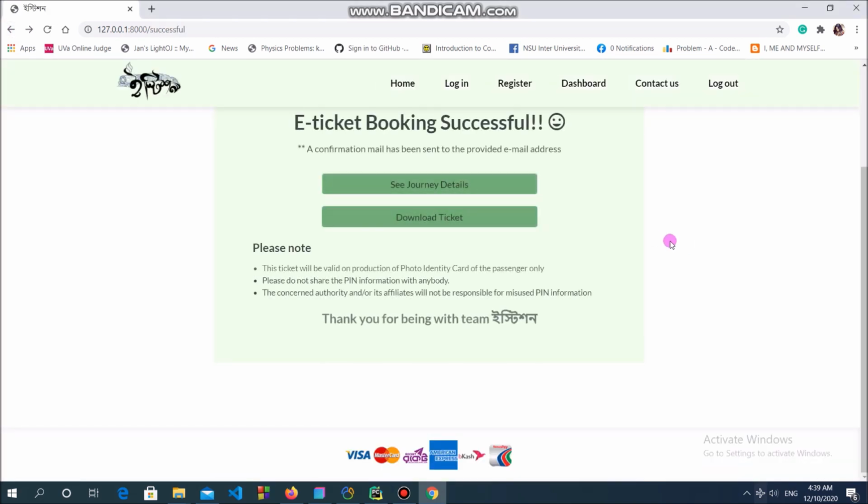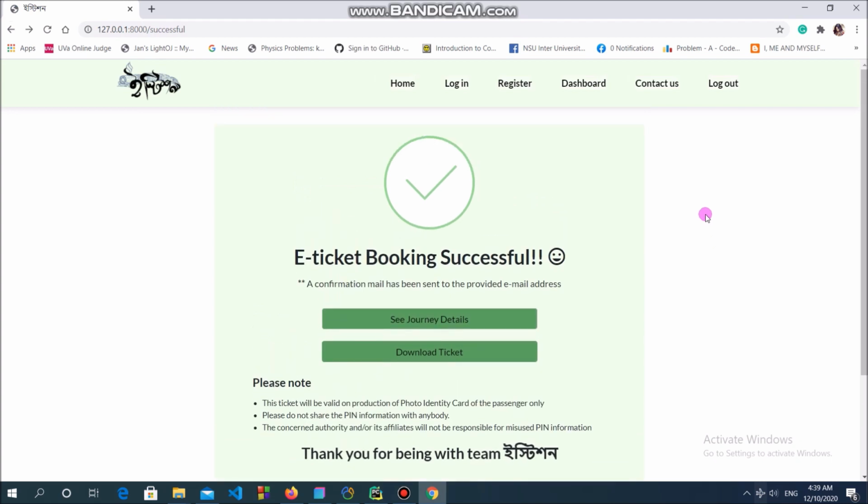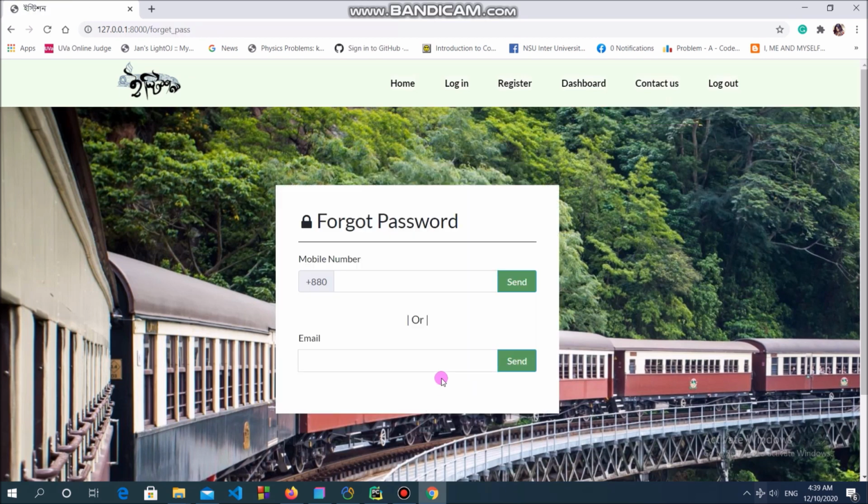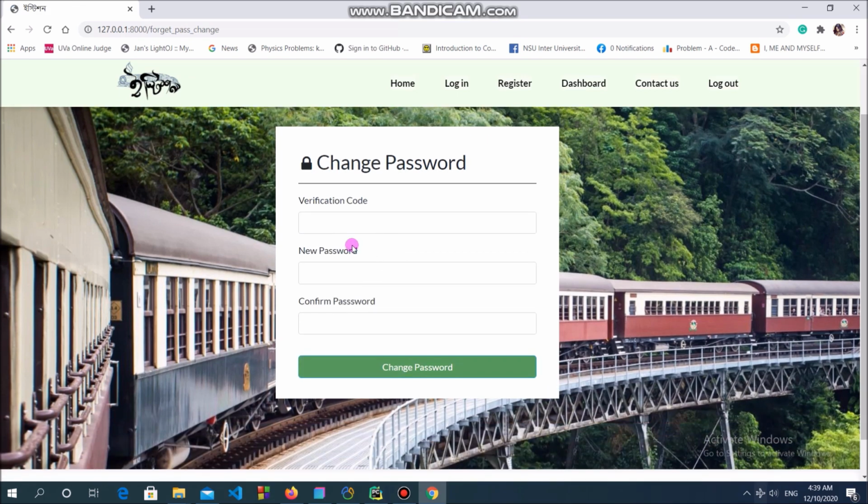Now I am going to log out again, which will obviously redirect us to the login page. In the login page, the user is given a chance to change his password in case he has forgotten it. The user can get the verification code either by SMS or by email as per his choice, but the number or email must have an account already registered with it. After filling up the OTP, the password is reset and the user can log in with his new password. I am skipping the verification part here as it has already been demonstrated once.